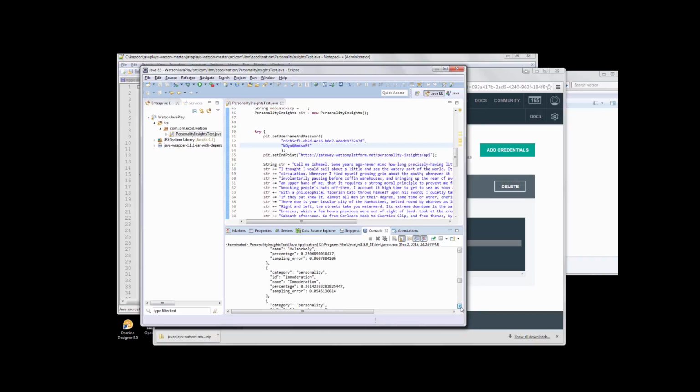Along with personality, you will also see the needs of a person based on the input text. So I'm scrolling to go there. Here are the needs, and then you will see the values category. So there are three main categories: personality traits, needs, and values. Based on this, a lot of smart applications can be built. So now that we have one of the Watson APIs running,